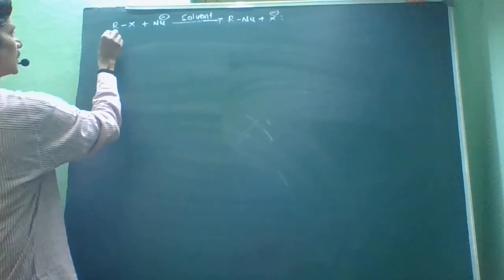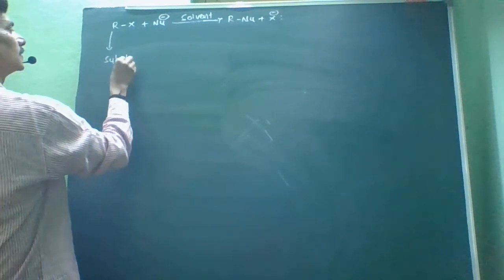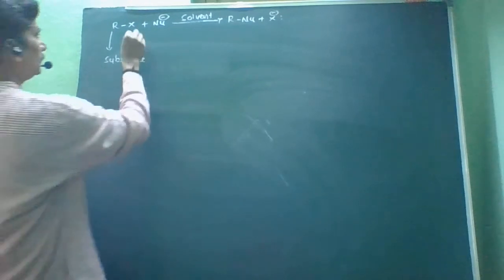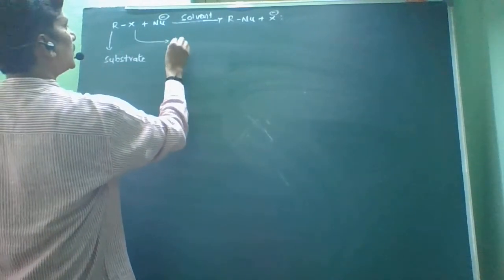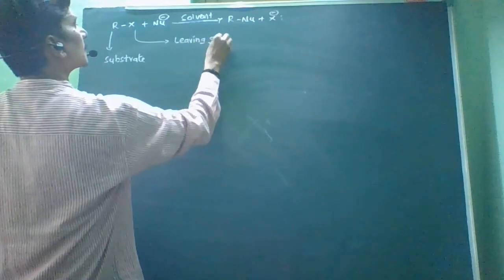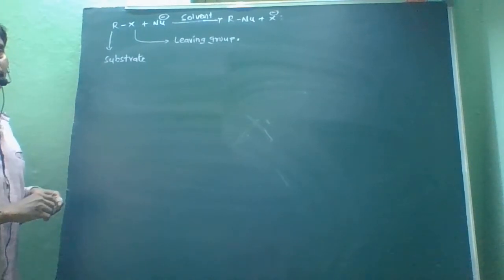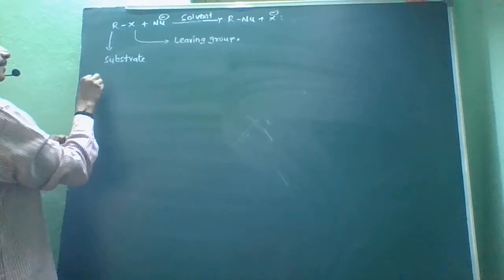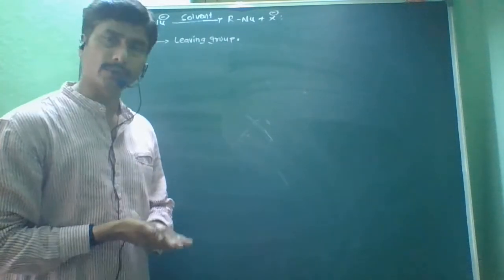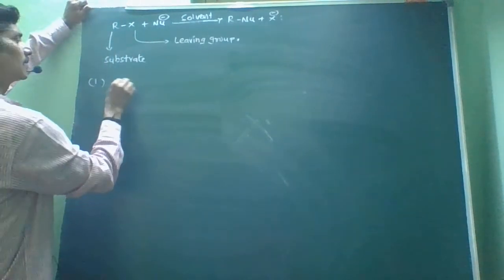In this case R is the substrate, and X is the leaving group. So what are the factors which may influence these nucleophilic substitution reactions? Among them, the first one is the